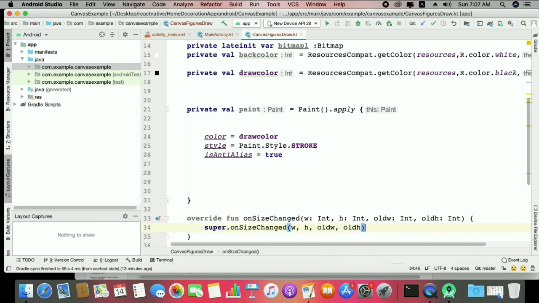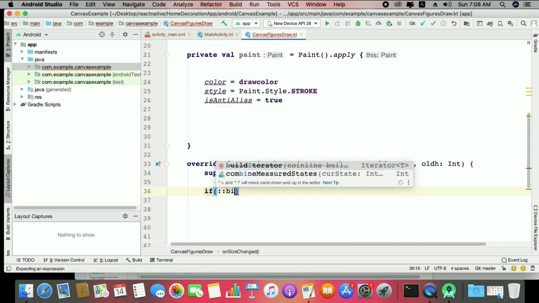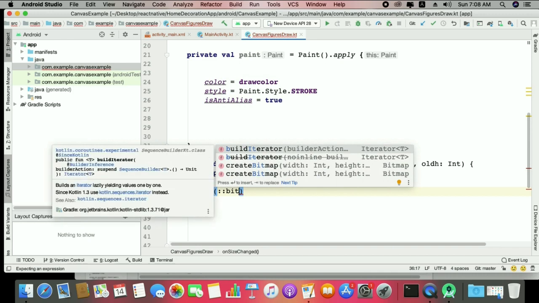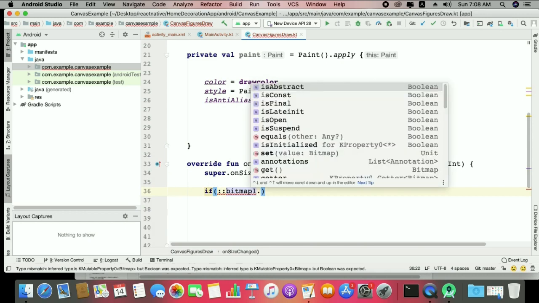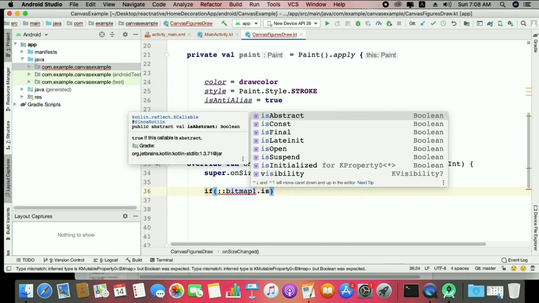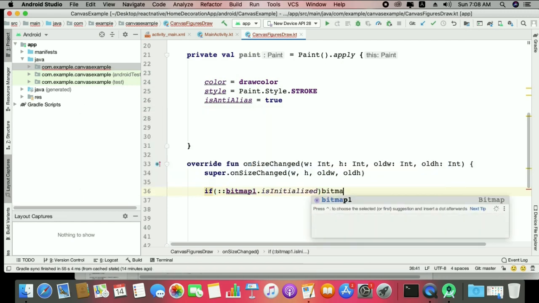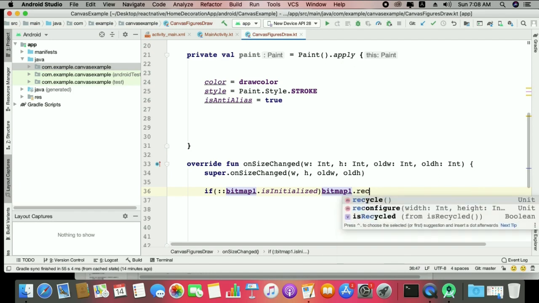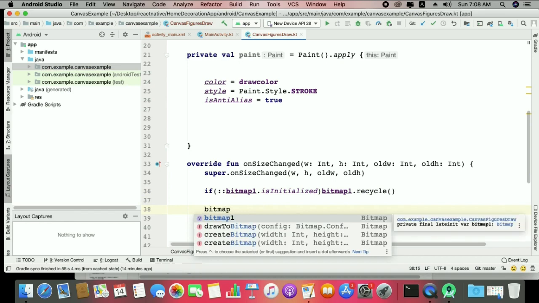Sometimes it's useful, and sometimes we do not want it, but as I'll describe, we need it whenever we can recycle the bitmap. So it's good, we can use this bitmap one dot is initialized, and that's your bitmap one dot recycle. That's the important line whenever we work with that. And here you can use your bitmap one,